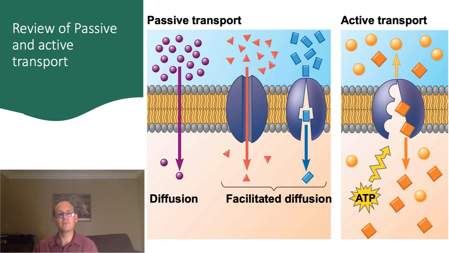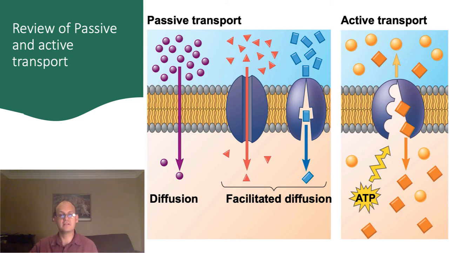So, just to very briefly review the different types of transport of small amounts of material, with passive transport, the material always goes from a region of high concentration to a region of low concentration. That is, it goes down its concentration gradient. The simplest of these is diffusion, but diffusion is generally slow across the plasma membrane except for small uncharged molecules. Larger and/or charged molecules generally require facilitated diffusion, and this can either be through channel or carrier proteins.